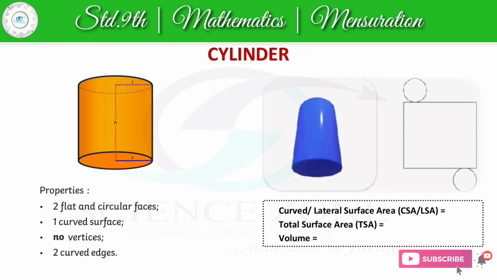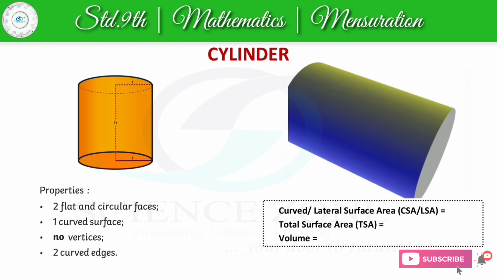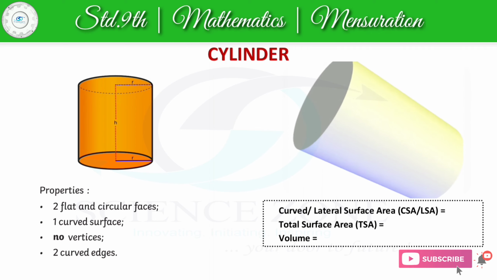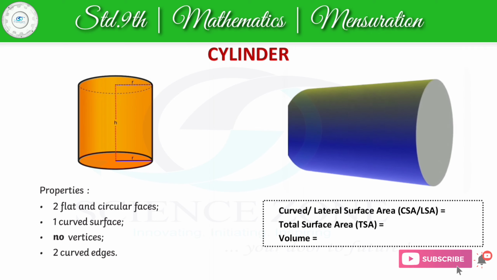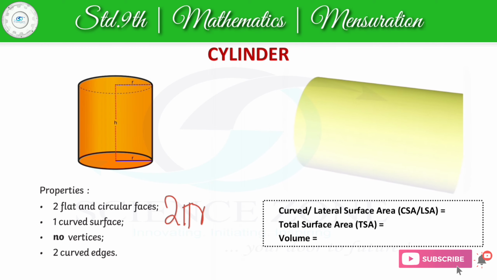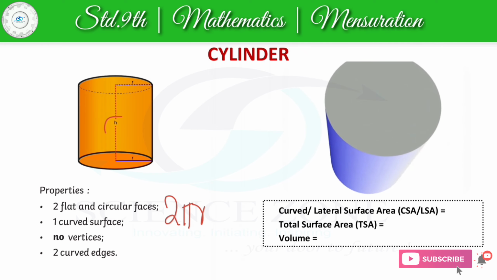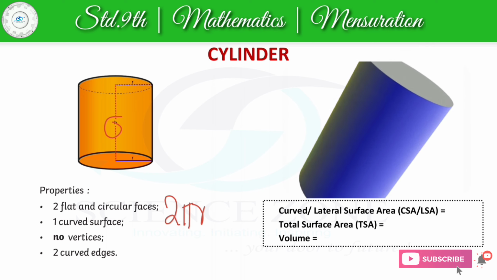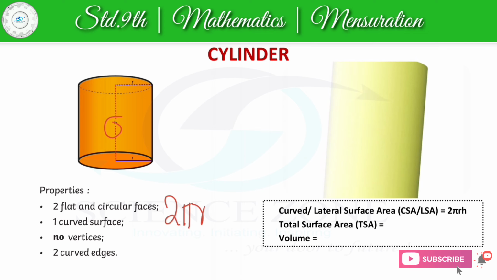In a cylinder also we can observe the bases are congruent circles. So to find the formula for curved surface area of cylinder, we have to multiply the perimeter of the base with the height. In the case of cylinder, the base is a circle. So perimeter of circle will be its circumference. So the formula for circumference is 2 pi r. 2 pi r multiplied with height of the cylinder will give us curved surface area. The formula for curved surface area will be 2 pi r h.